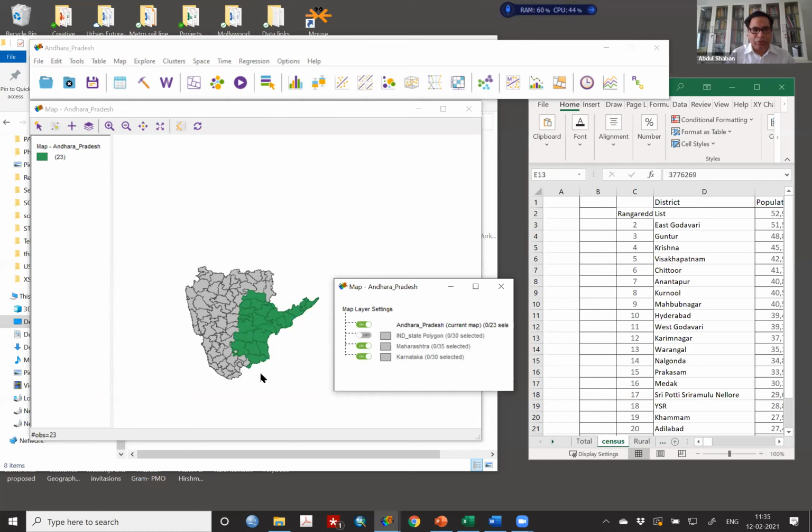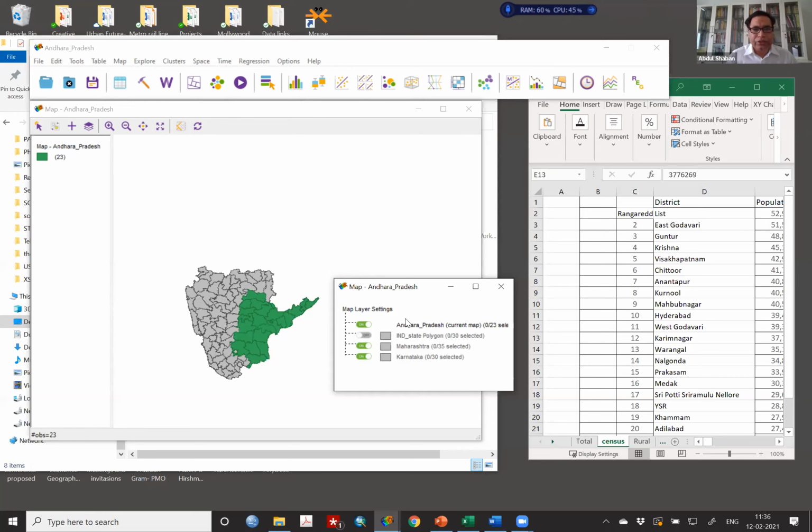So you have Tamil Nadu, Kerala files, you have the Karnataka file. So download your own, but you can additionally download and see the 2011 census map, which is already given to you. I have uploaded it.